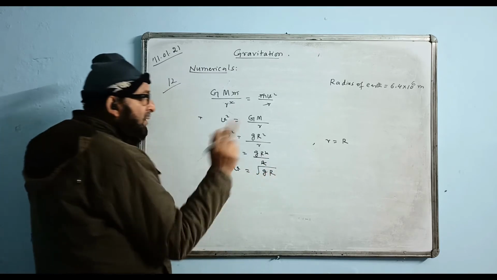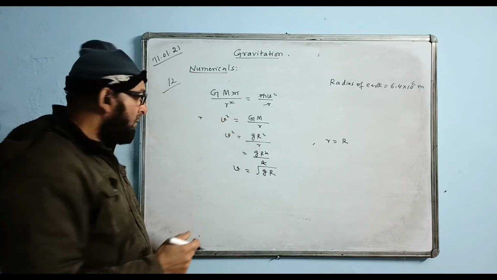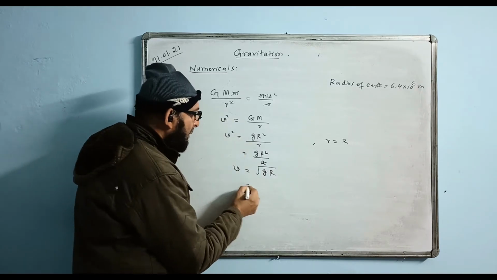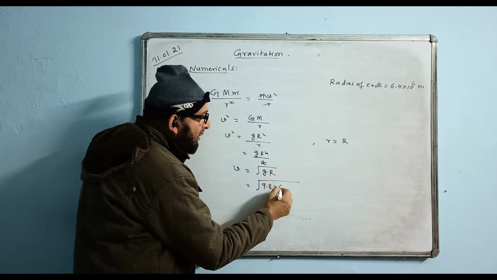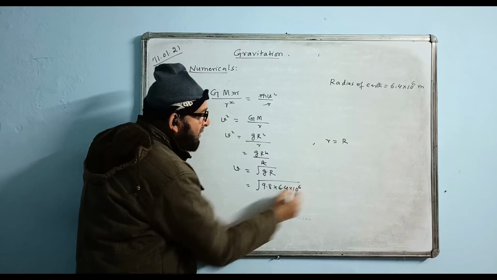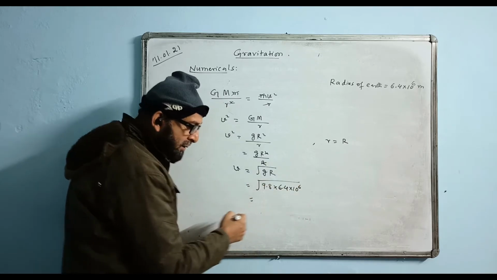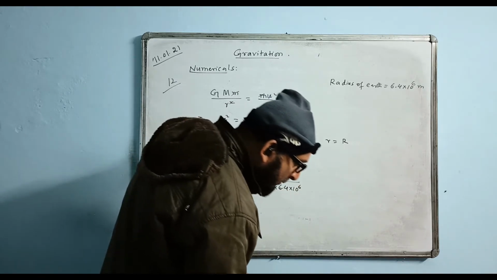This velocity we have to find. What is the limiting velocity of the satellite? I mean the orbital velocity. We put the value G value is 9.8 and radius of the earth value given in the question 6.4 into 10 to the power of 6, and now we calculate it. The answer will come